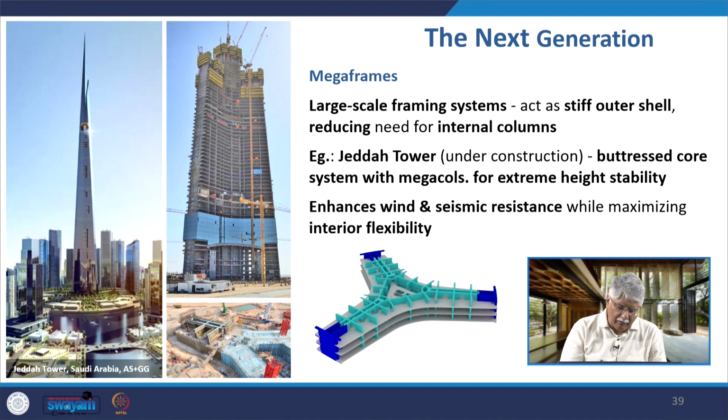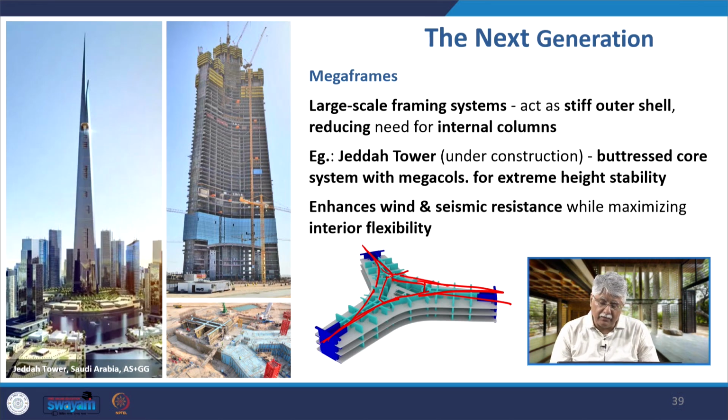In the Jeddah Tower, there is this core. This is a hexagonal core, not a regular hexagon, but a hexagon, and it is buttressed from three sides by these Y-shaped members. These Y-shaped members are buttressing this core from the three sides and thus supporting it and giving it extreme height